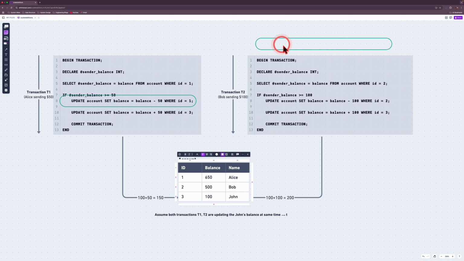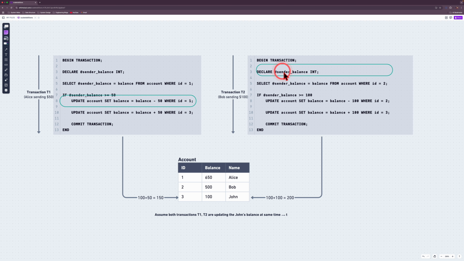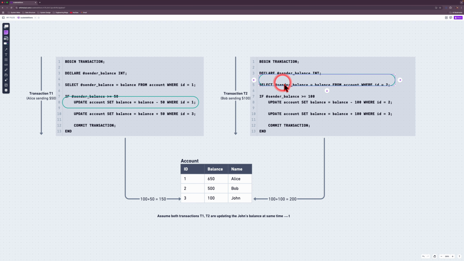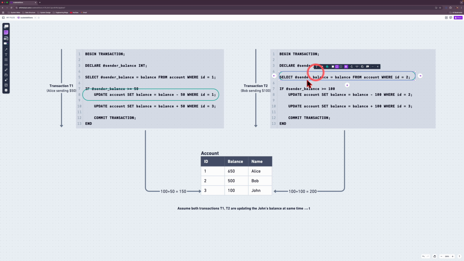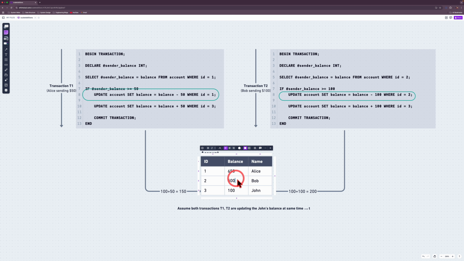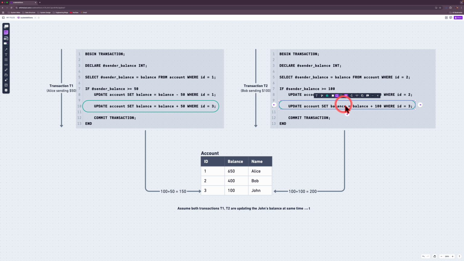Now, meanwhile, this transaction also started, and it also declared the variable and initialized it with the balance of ID 2. So basically 500. Now 500 is greater than 100. It will update the balance of ID 2. Basically, it will decrement $100, so it will be $400 after decrementing $100. Now both of these will come to this point, and they will try to execute this write query, basically this update